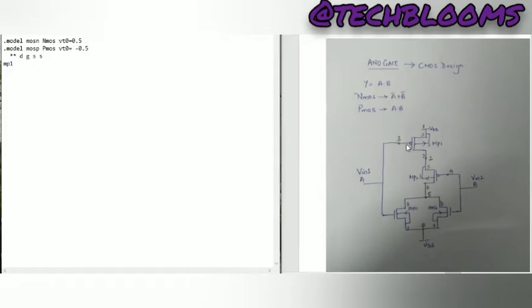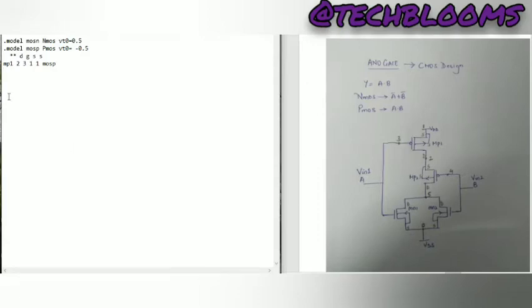Drain is connected to 2, so I'll write 2. My gate is connected to 3, my source is connected to 1, and substrate is also connected to 1. And the model name I have given for my PMOS is MOSP, so I need to write that here. This is how you need to declare your NMOS and PMOS.